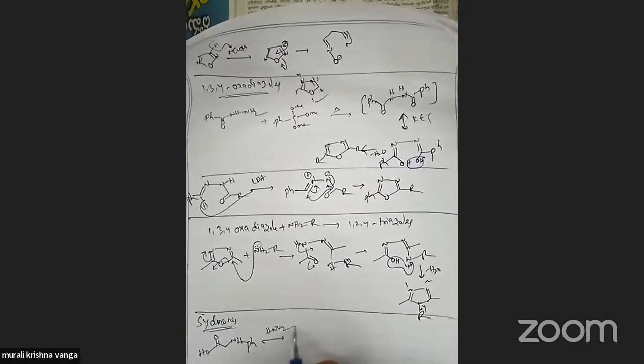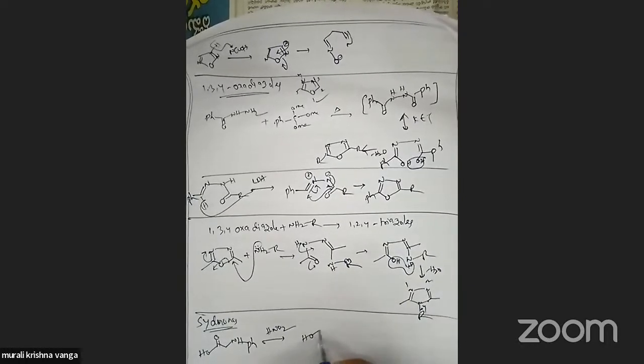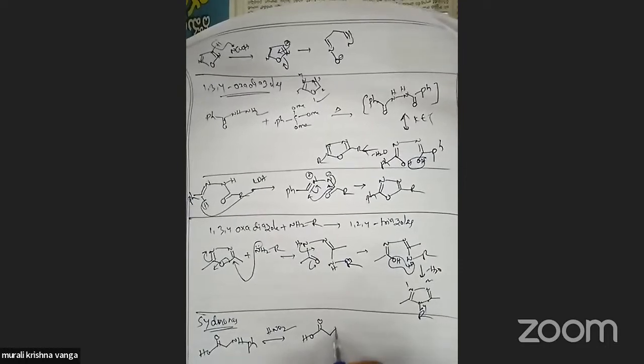This N-phenylglycine reacting with HNO2, nitrosylation takes place on the nitrogen atom of glycine NH. Nitroso derivative formation takes place. This nitroso derivative,